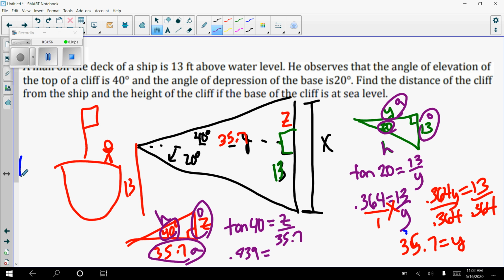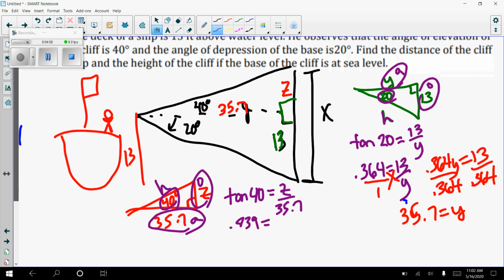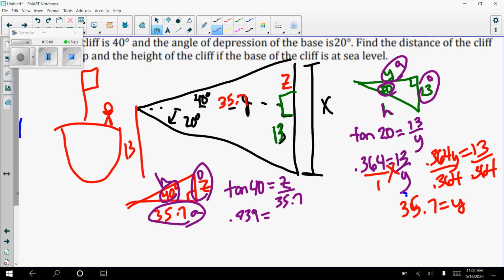Just scroll down a little bit. Let me scroll down a little bit here. Okay, 0.839 equals z over 35.7. That's an 8, by the way. So I put that over